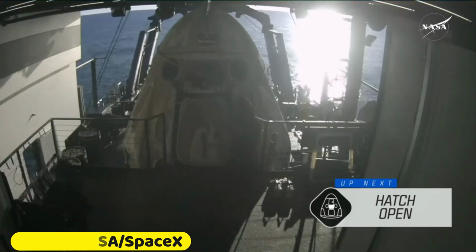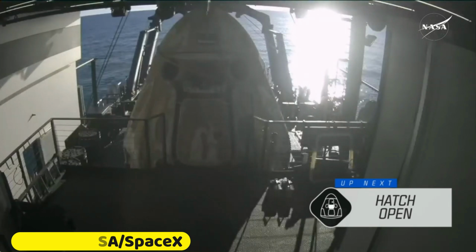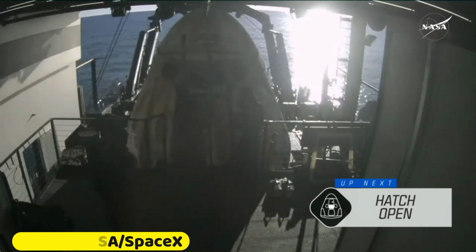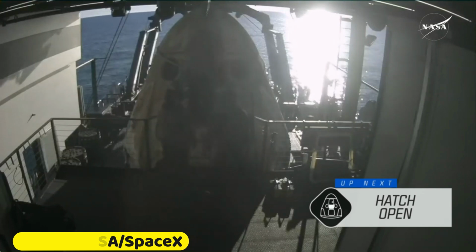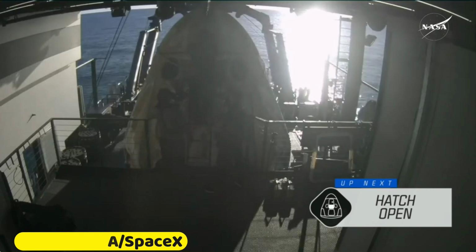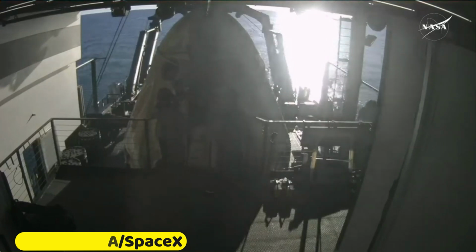And the very first person that will have the opportunity to say hello to the crew once that hatch is open is a SpaceX medical recovery personnel representative. Then we'll see procedures take place to remove the footrests of Dragon. That will just help the recovery personnel get a little bit more room to access the crew and help get them out of the spacecraft. Yeah, you're absolutely right. Safety is, once again, top priority here, and removing those footrests from all 4 seats will be helpful as a